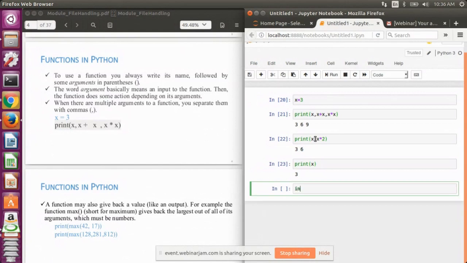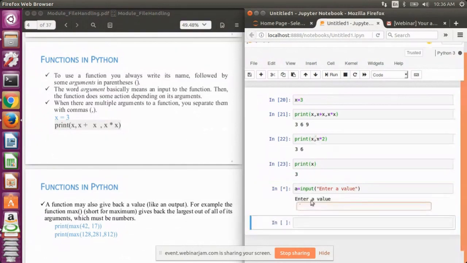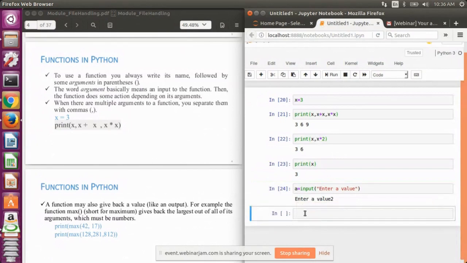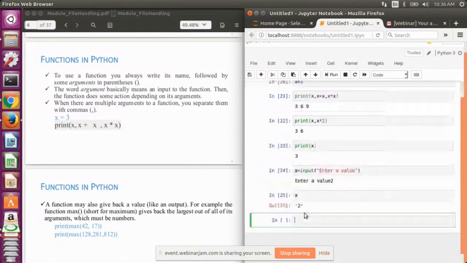Similar to print, input is also a function that we use to take some input from the user. If I say a equals input, enter a value, and suppose I pass 2, now if I print a, I get the value 2 as a string in a.